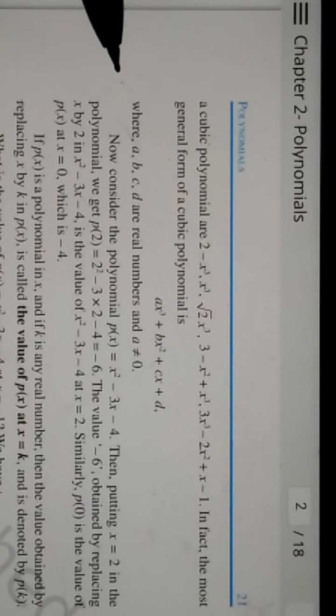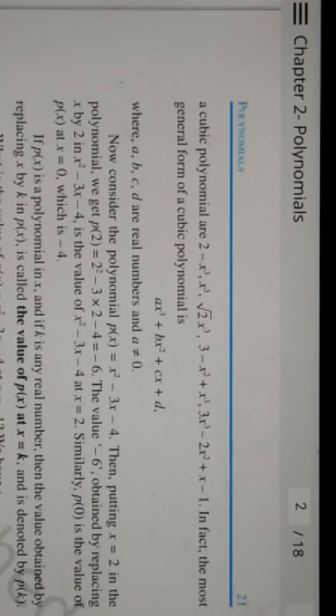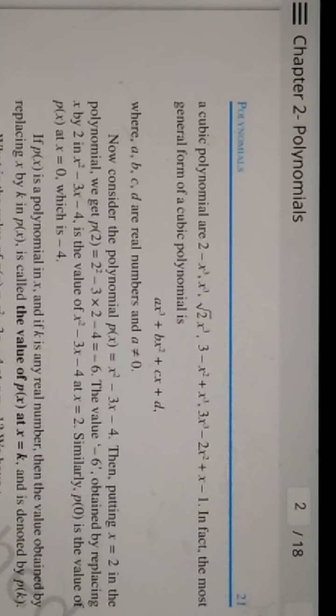But we can't keep giving names, because the degree can be any high. So for higher degrees, if the highest power is 10, you can say it is a polynomial of degree 10. That way it can be addressed. But yes, the first few basics have been given as linear, quadratic, cubic.